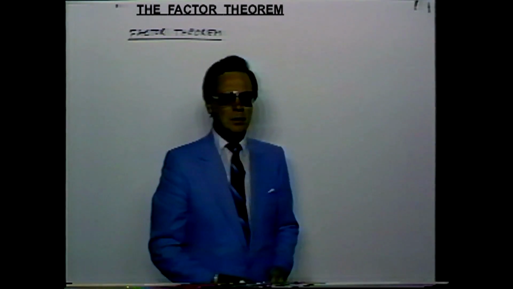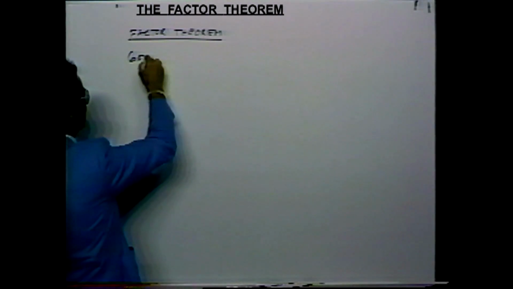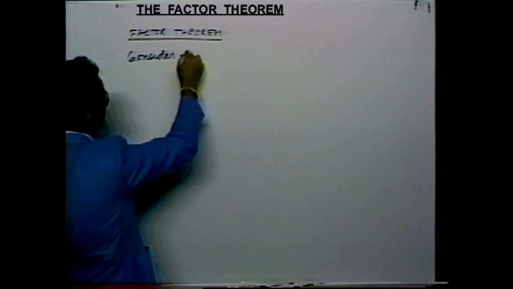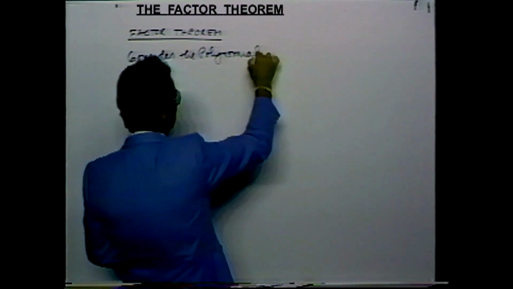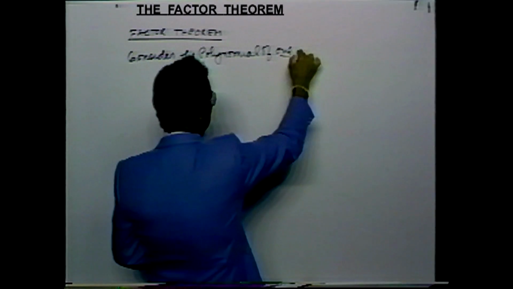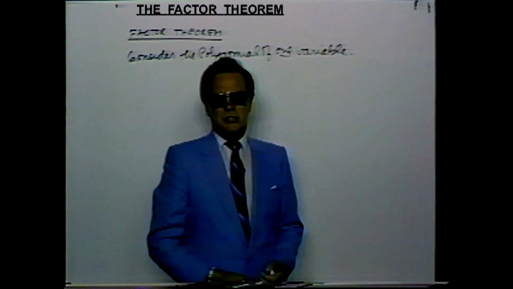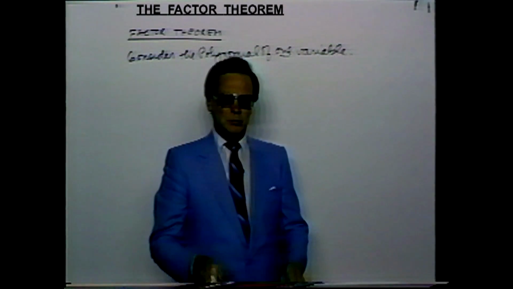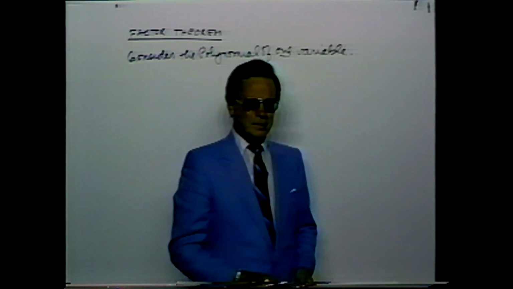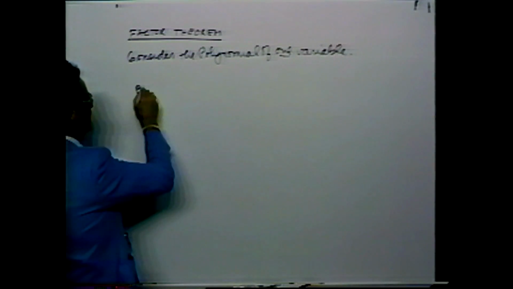Consider the polynomial of one variable. A simple extension of this method will also apply to a polynomial of two variables, but we will do that later. If we have a binomial divisor,